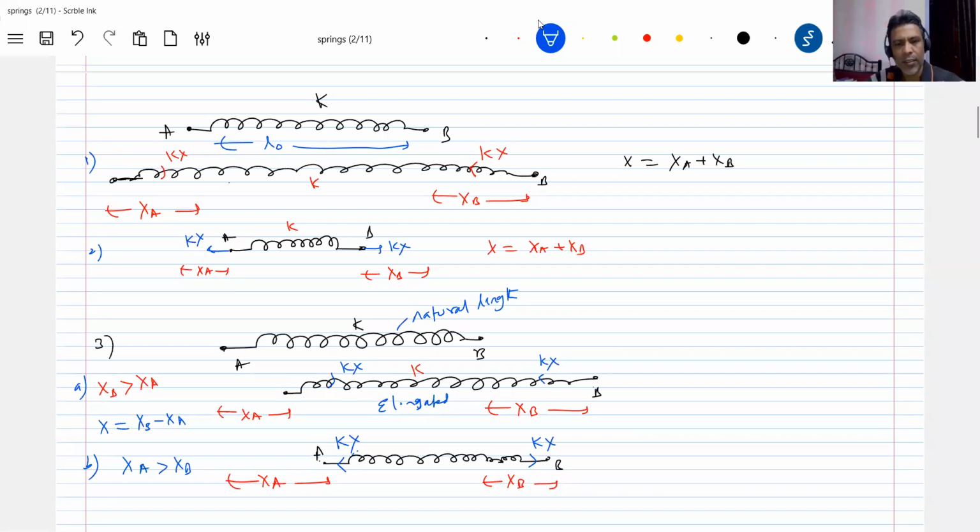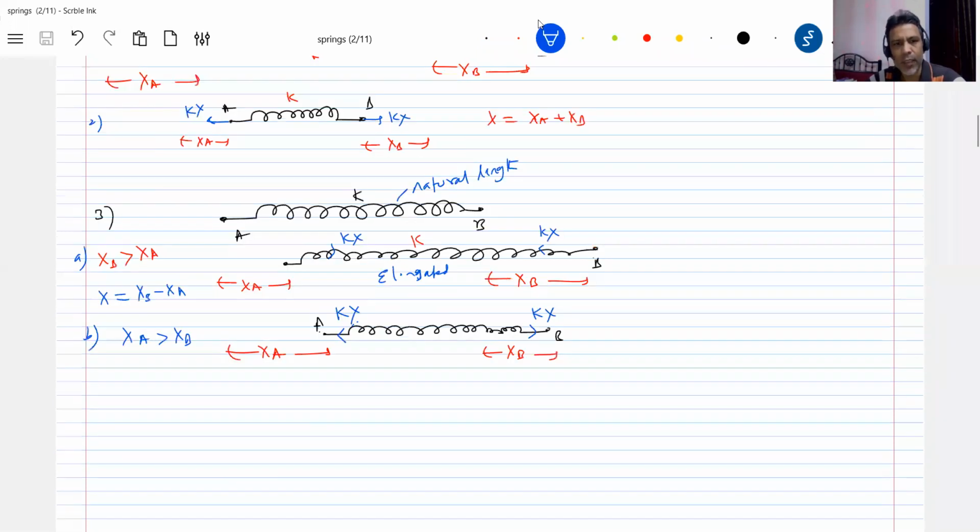Got the idea, no? So here both the hands will have displacement. Then is it elongation or compression? I think we have to look at the situation. It is not that a spring is always elongated or always compressed. No, look at that one. Similarly, both are having displacement in the same direction. So, looking at the diagram, now the third situation.